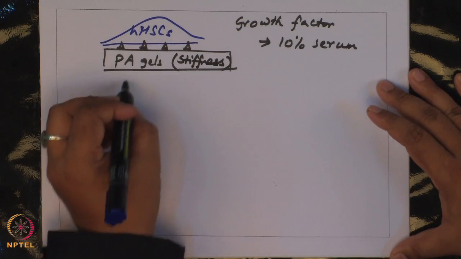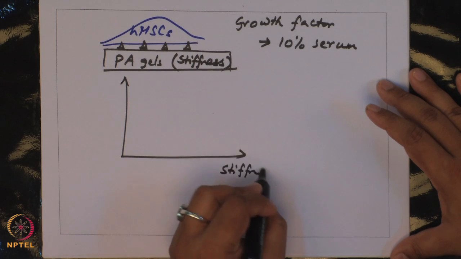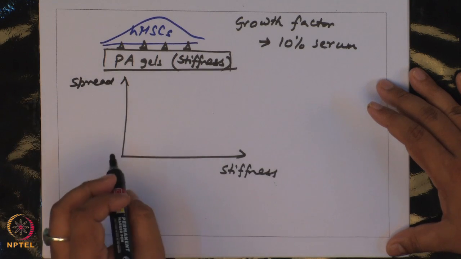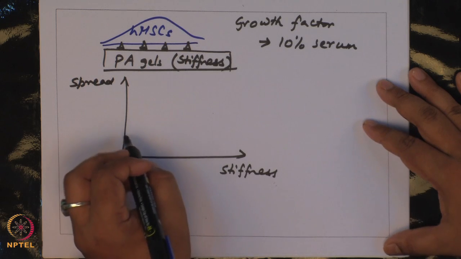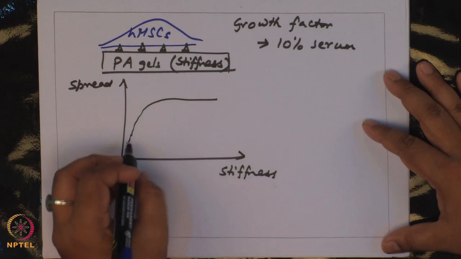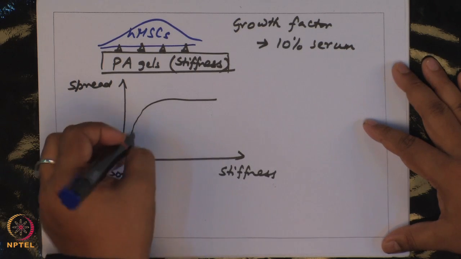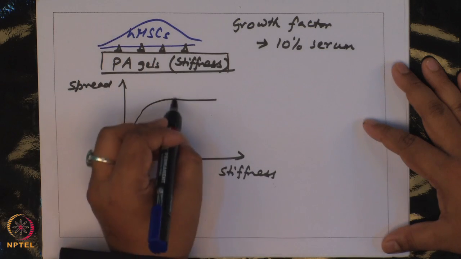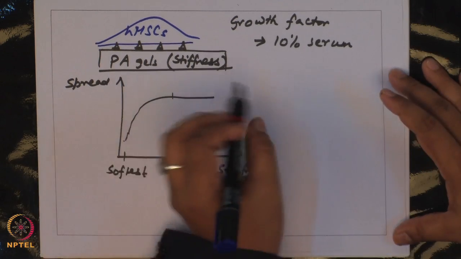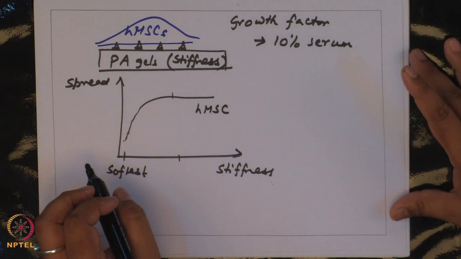First of all, like other cells, as a function of stiffness, if you track cell spreading after 24 hours, you will always see a saturating profile. Cells increase their spreading. On the softest gels you have the least spreading area, and as you increase the stiffness, spreading increases, and beyond some stiffness spreading is constant. Interestingly, this has been observed in other cells also. This is your HMSC response, but you see it in most other adherent cells including fibroblasts.